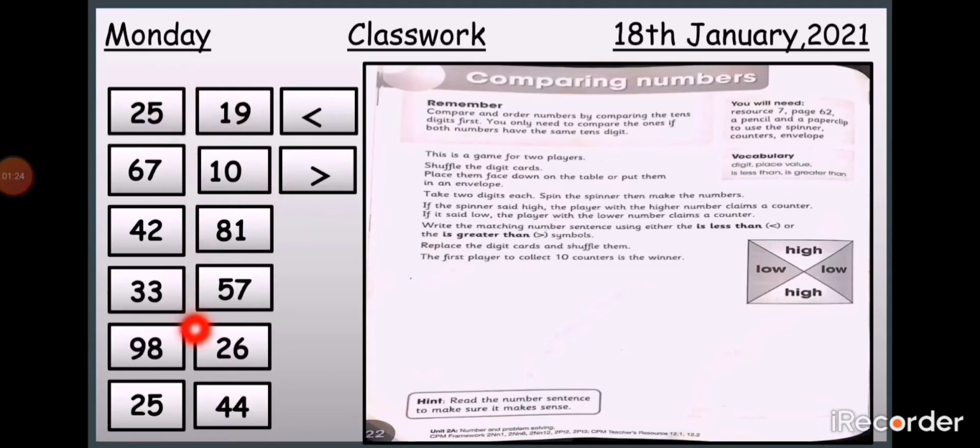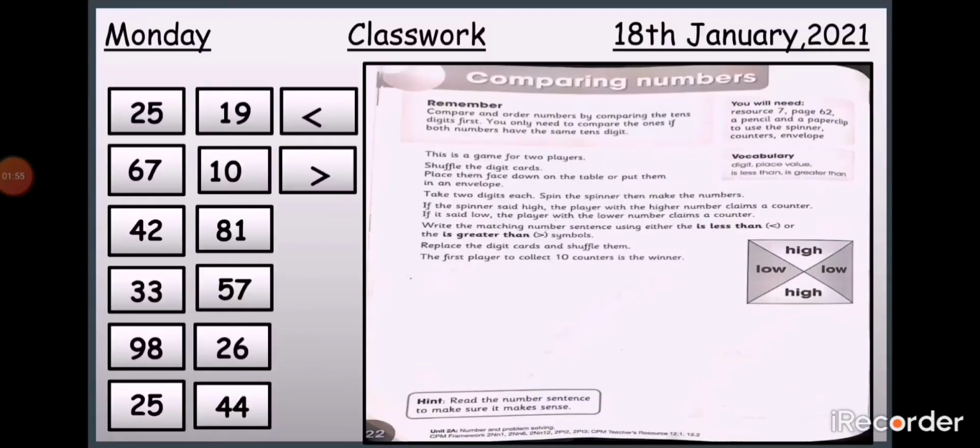I'm giving you a number bank here with the symbols of greater than and smaller than, and you will make number sentences and put the signs between them. I will guide you how to do this. Only you will follow my numbers. You can take numbers from my number bank and make number sentences here. So get ready for this task.